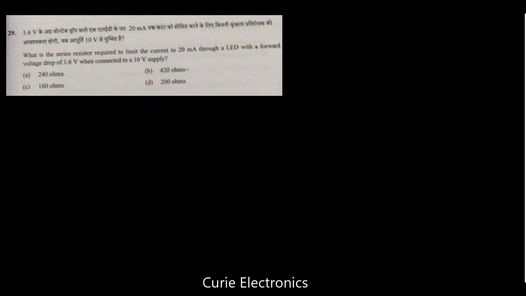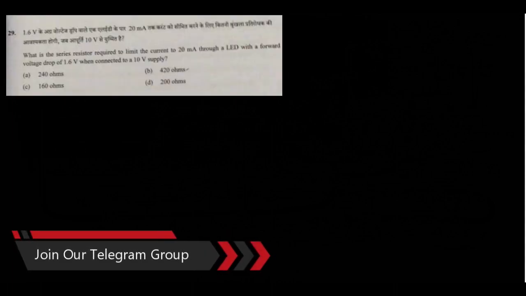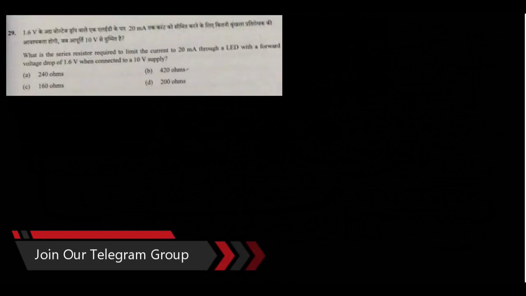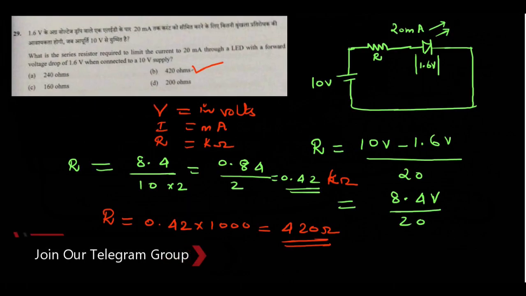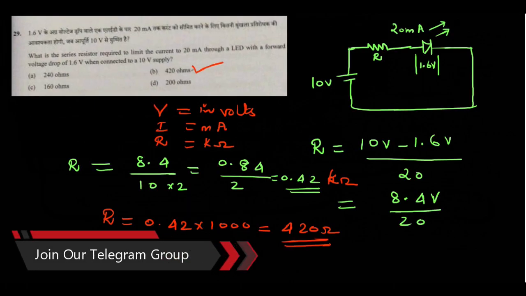This is the question number 30. This is the last question. No, this not this question. One more question. Okay. Okay, I missed one question. I think this is the question number 29. Okay, so